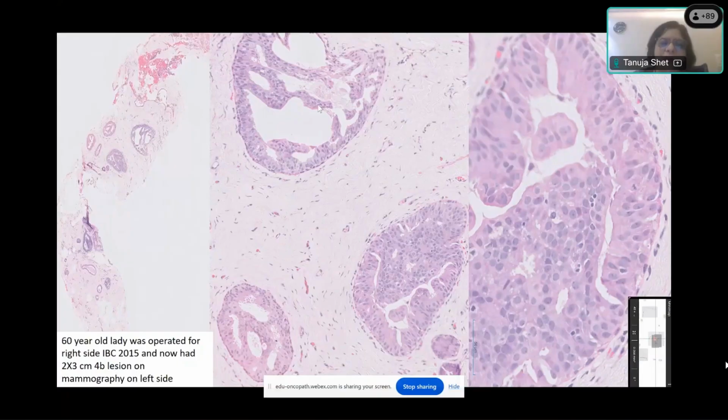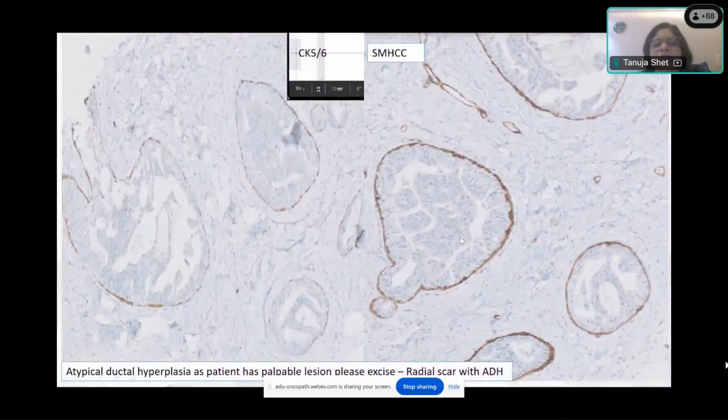So I do what marker? Anybody? Which marker do we do? Nobody? Somebody has to tell me. What marker did I show you some while back? Some CK. CK5/6. Perfect. So I do my epithelial marker, and you can see that none of the intraepithelial cells